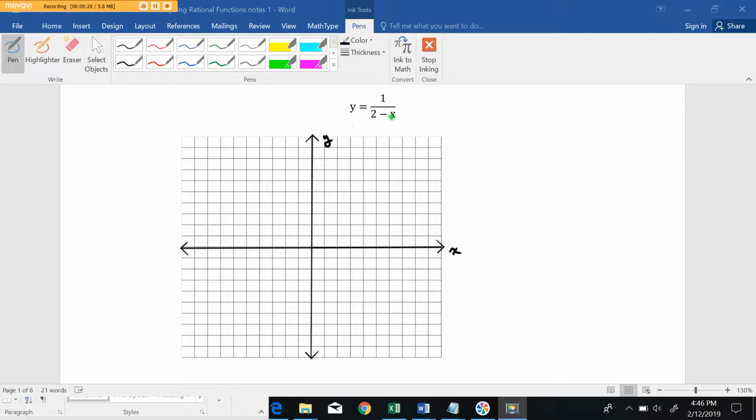Vertical asymptotes show up where your bottom is 0. So when x approaches 2, this function is going to get bigger and bigger, either in a positive or a negative sense, depending on the value of x. If x approaches 2 from the left, like numbers like 1.9, 1.99, 1.999, the bottom will be positive, the top will be positive. So if I write it out here,